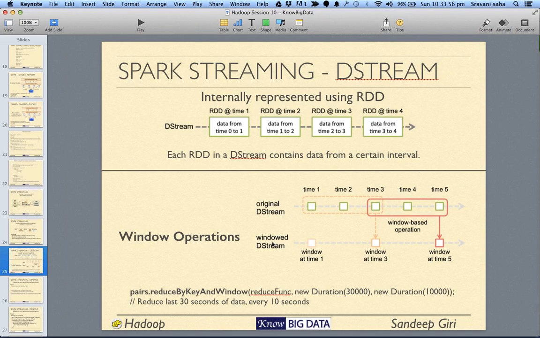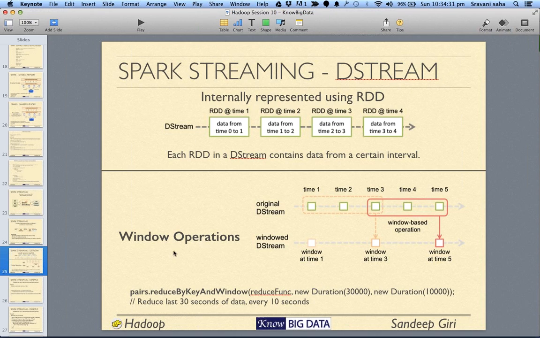That is called a windowed DStream. Makes sense to you?